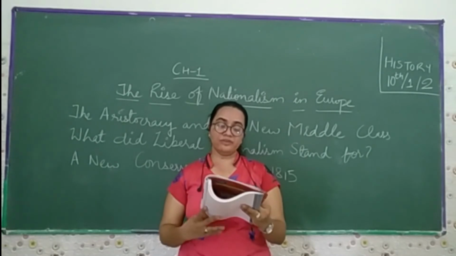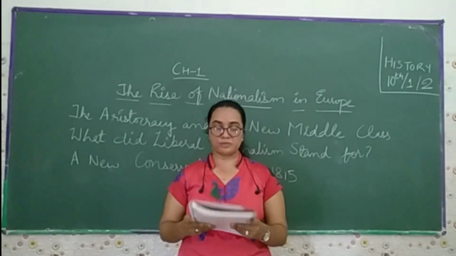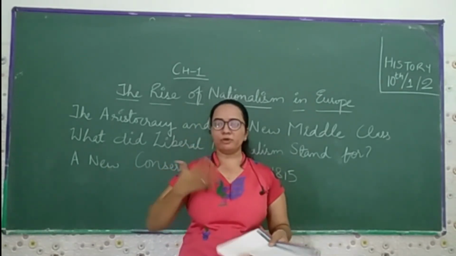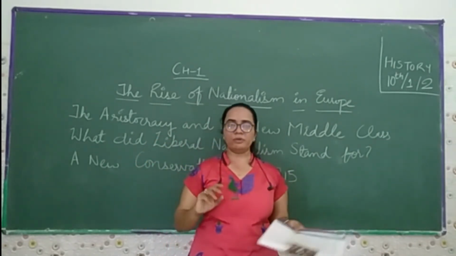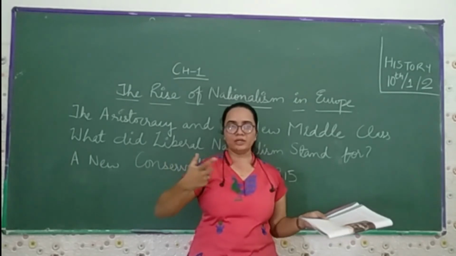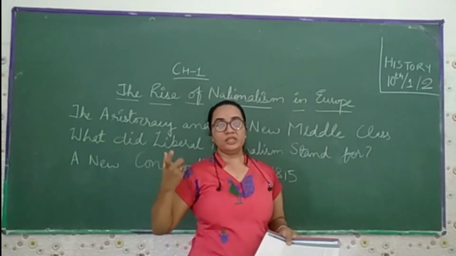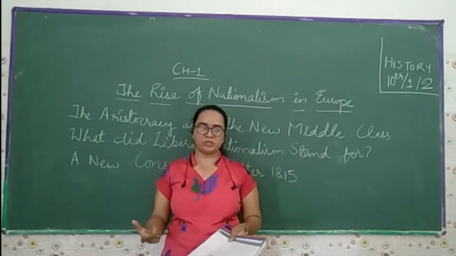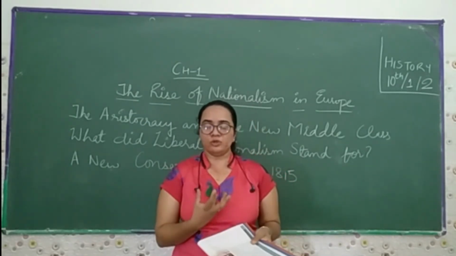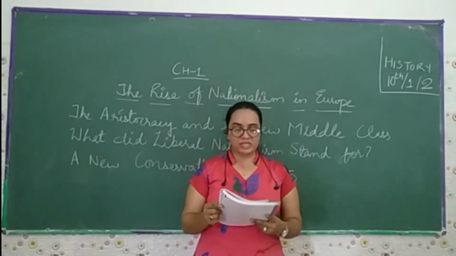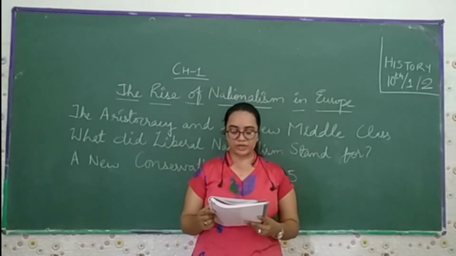Then, associated with the French Revolution: the memory of the French Revolution continued to inspire the liberals. Because of the French Revolution, different parts of Europe and different countries were fascinated with the ideas of liberty, equality, and freedom of speech and expression, because they follow natural rules rather than rules imposed by the rulers. One of the major issues taken up by the liberal nationalists who criticized the new conservative order was the freedom of the press.